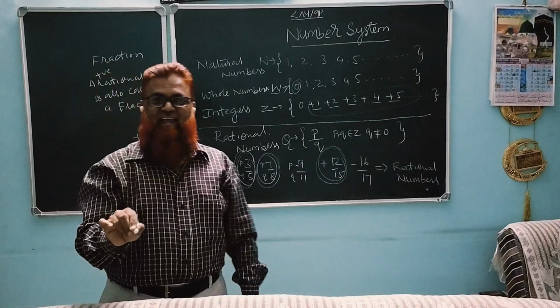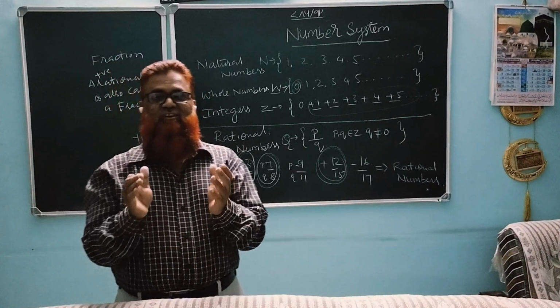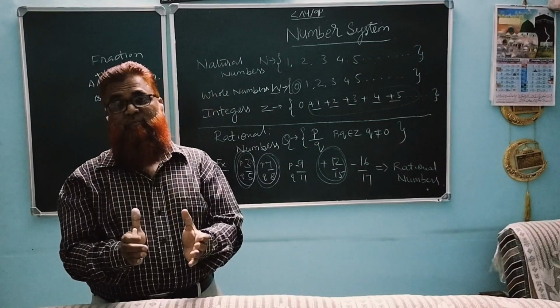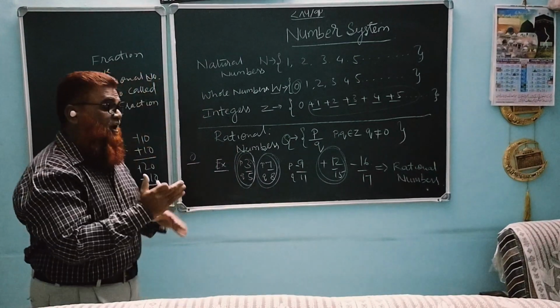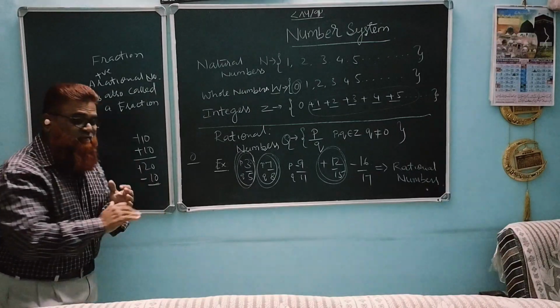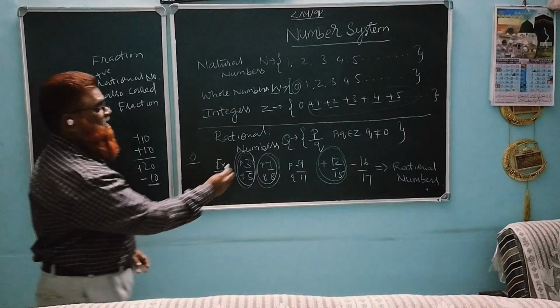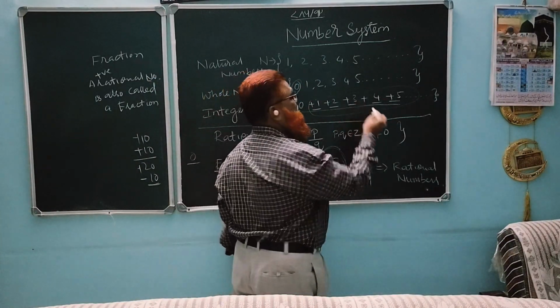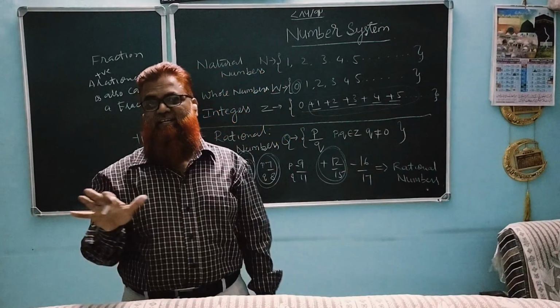So that's why I told you mathematics is a logical subject. It is based on logical reasoning. What we are receiving is all plus, and what we are returning is a minus. That's why we felt a need to introduce, along with 0 and the positive numbers, the negative integers.